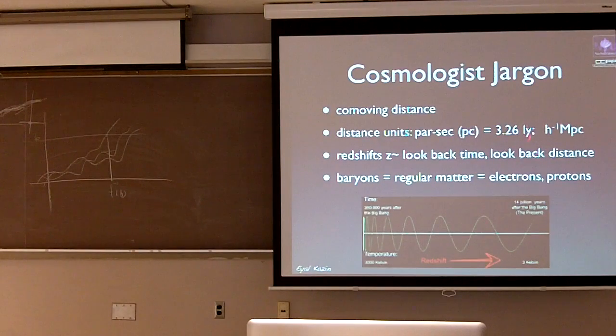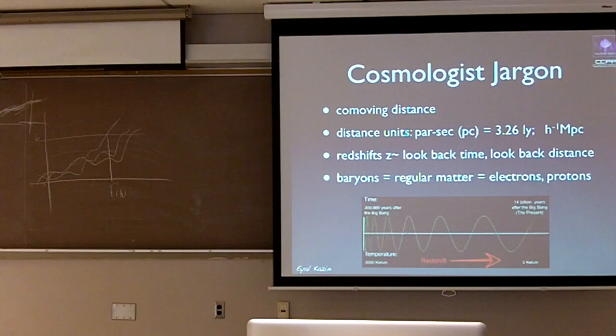So for the units, I'll try my best to give everything in units of light years, because that makes a lot of sense, but astronomers are pretty much prone to using parsecs, and so this is the relationship, a factor of order 3. I'll be talking about very large scales, so that's why I'll be talking about megaparsecs. And this H inverse, if you see it, just neglect it, that's just the constant that we use.